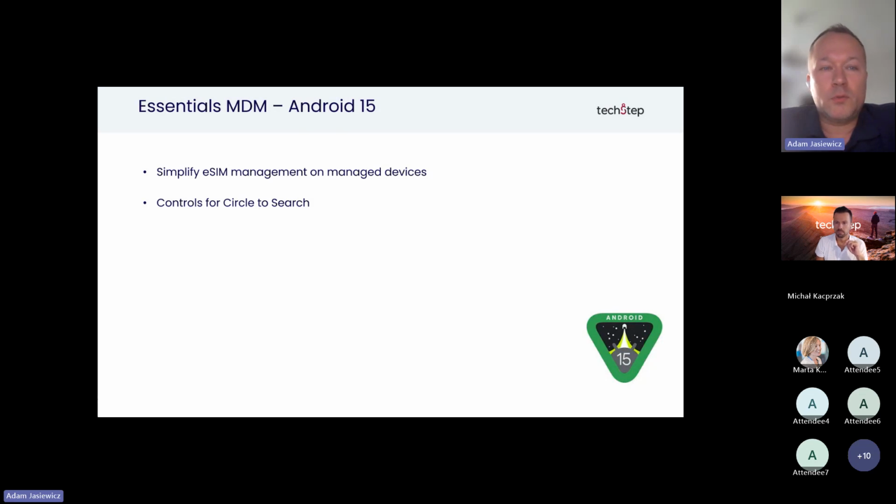Admins will also be able to choose to block, for example, the circle to search feature on fully managed devices or on devices with work profile, just in the work profile. So we will be able to switch off this functionality. And now, not only on fully managed devices, but also on corporate devices with work profile, so WPC, we'll be